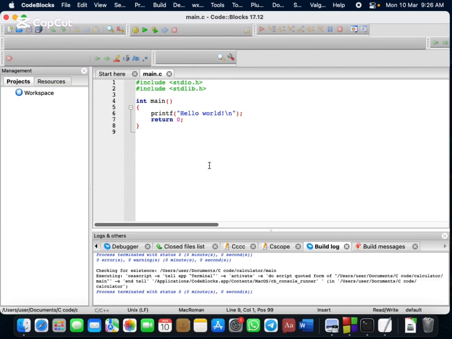So I'm programming now. I'm writing a program to do a calculator, and here's how the program is going to work. When the program launches, it's going to present you with four operators: addition, subtraction, multiplication, and what? Division. It will tell you to select the operator that you want to use. If you select multiplication, the next step is that it's going to ask you to input the two numbers